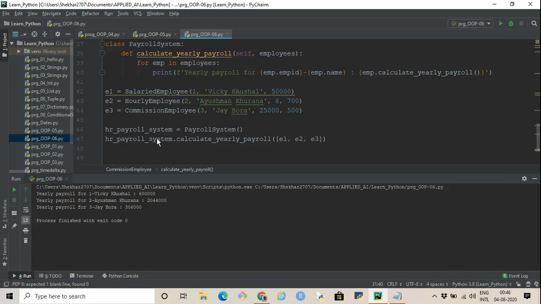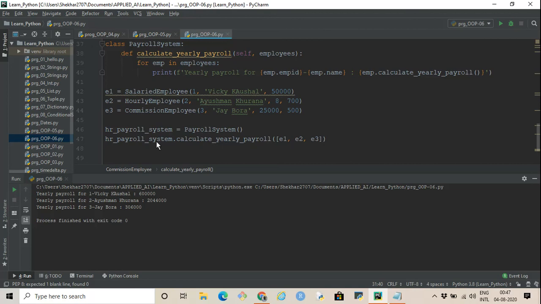Now what we are doing is we are creating an object of class payroll system. So our object is called HR payroll system, which is an object of payroll system. And within HR payroll system, we are calling this method calculate yearly payroll, and we are passing the list of employees. So what will happen?